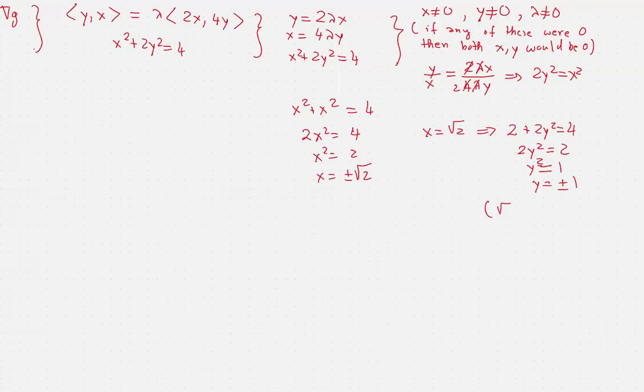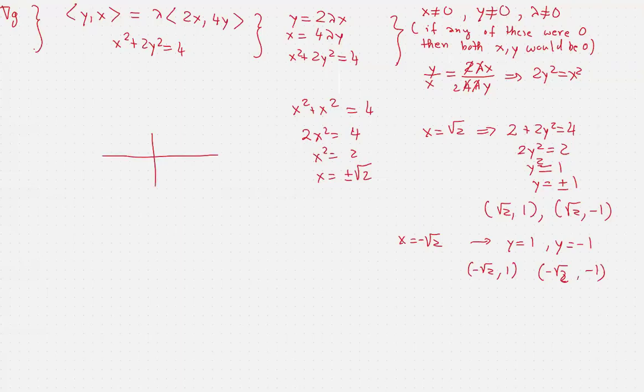And if x is equal to negative square root of 2, exactly the same process will give y equals 1 and y equals negative 1, so we get 2 more critical points. So negative square root of 2 comma 1 and negative square root of 2 comma negative 1. So all in all, we put them on our table